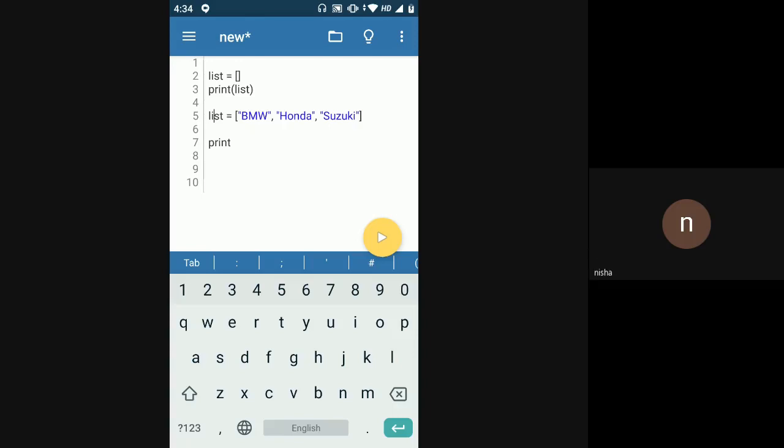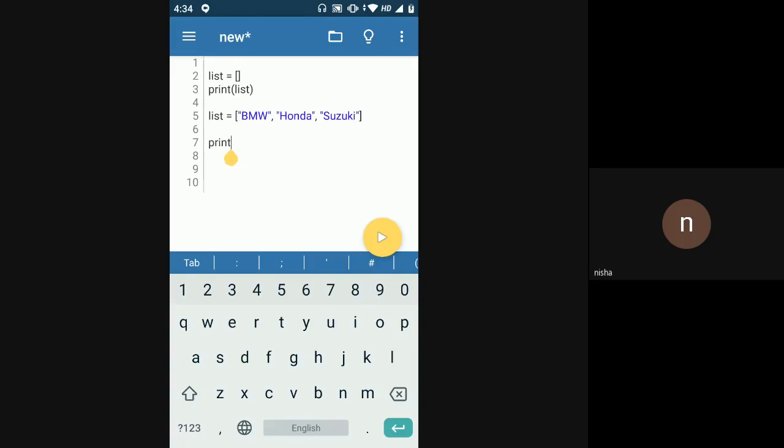Okay, so in this case, if you see on line number 5, I have made a list of all the car models that a car company might have. This is just an example. If you are writing code for some car company, I will make a list of all the car models that the company has, so that I can write the rest of my code. In that case, I'll make a list like this.